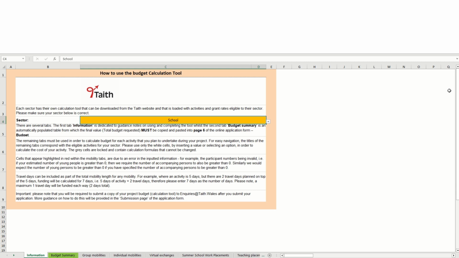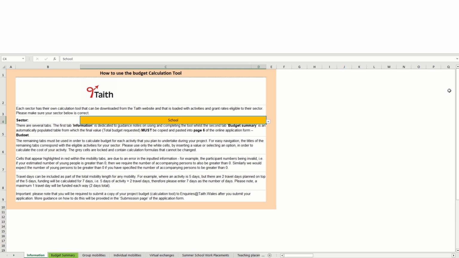So the grant calculation tool has been created within Excel to ensure it's accessible to most applicants. If there is a reason that you are unable to access Excel, then please do let us know by getting in touch via email. The Excel document has been formulated to include all of the relevant grant rates for your sector, and the formula for this sits within locked cells, which you'll see in grey. It is important that these cells are not unlocked or edited, as this may void your application.